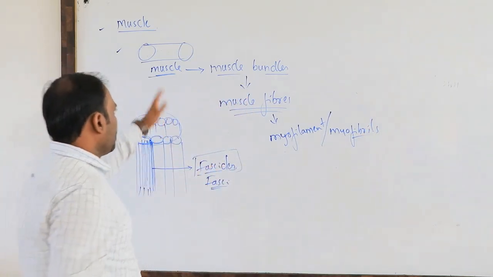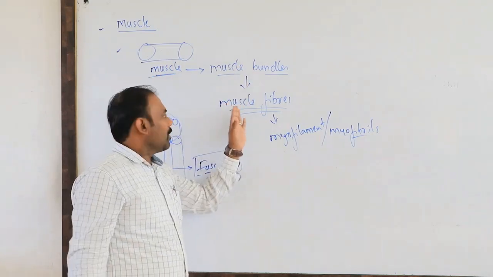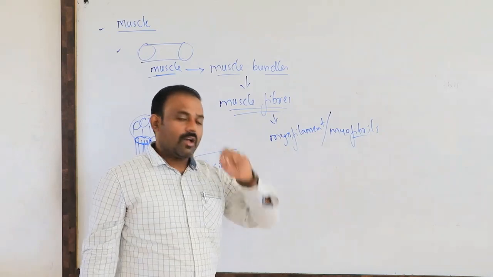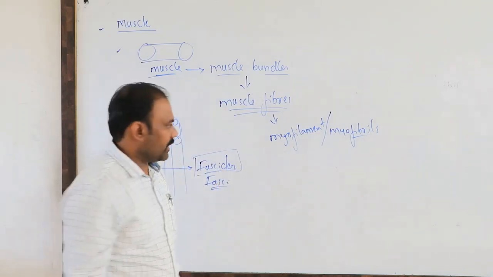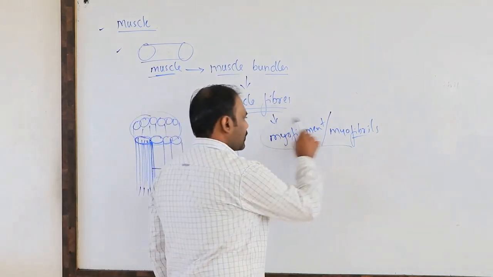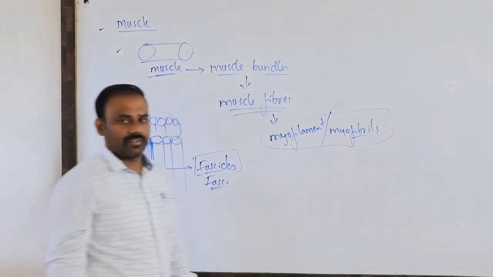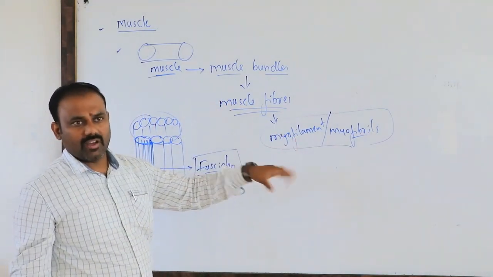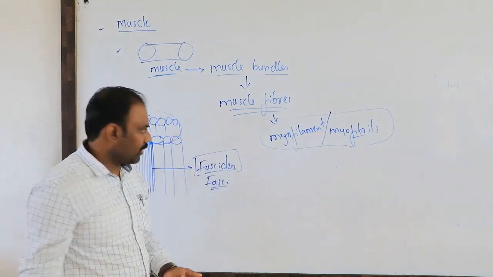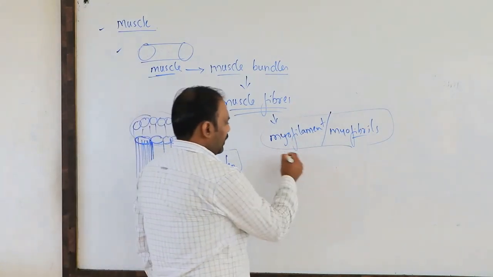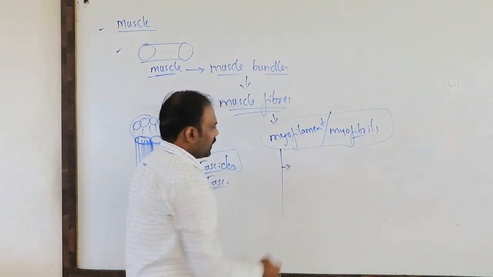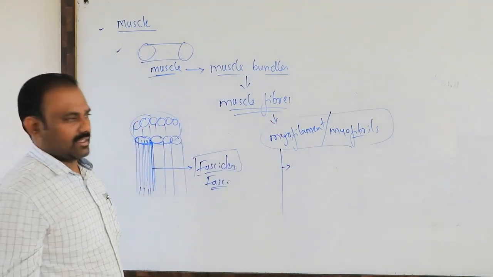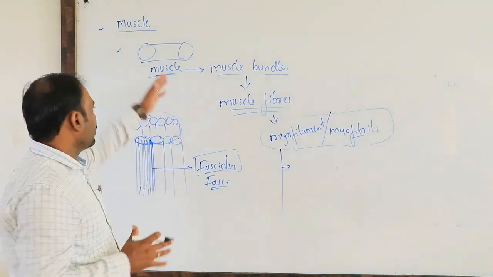So just remember, muscle bundles and muscle fibers are made up of myofilaments or myofibrils. These myofibrils are the structural and functional unit of the muscles. This is what the muscles are made of. Next, there are some important words. These myofibrils, I mean to say the structural unit of the muscle,